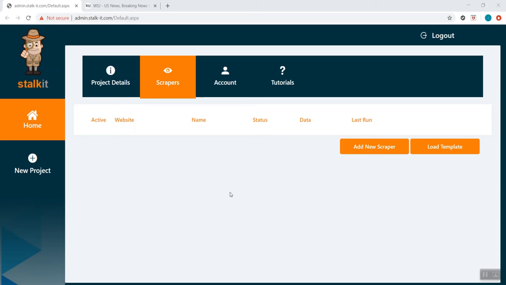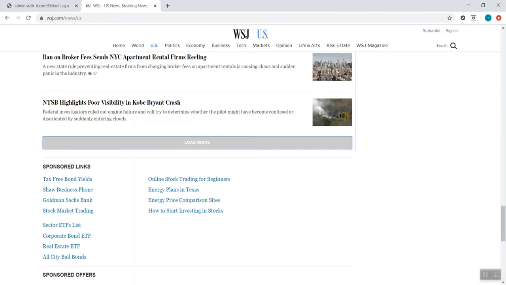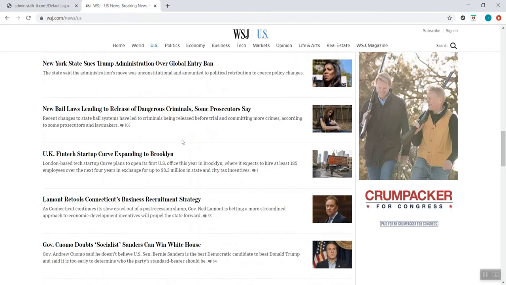That's why in Stalkit, we have added the feature to download the HTMLs and scrape the data from the local copy, instead of scraping them directly from websites. It's much easier and faster to fix the setup and rerun. I usually use it for either very big projects with millions of pages, or even smaller projects but with many fields scraped. I will make a demo in this video on how to do it on the Wall Street Journal